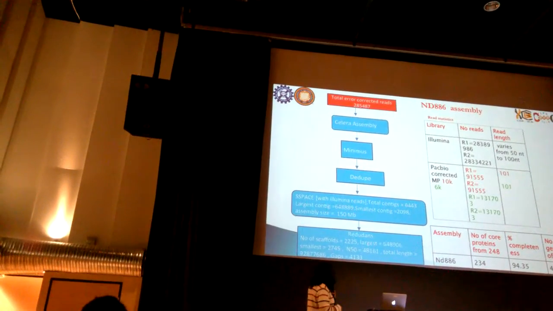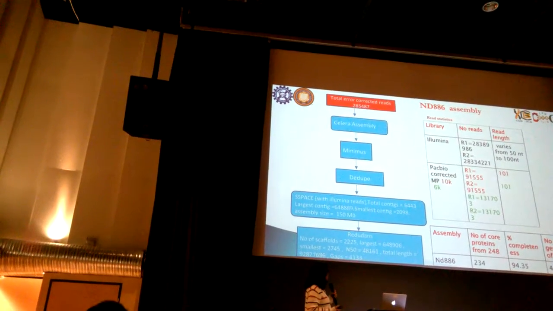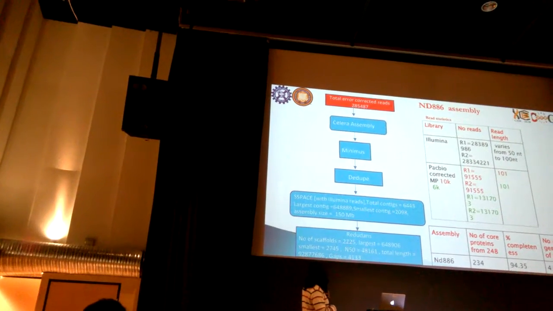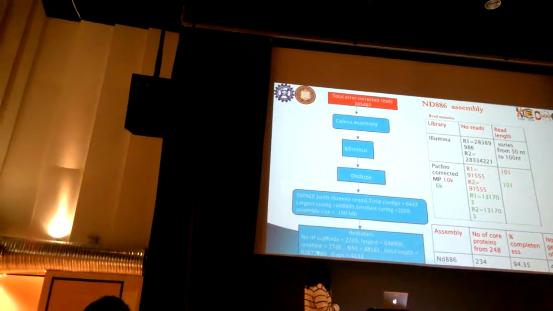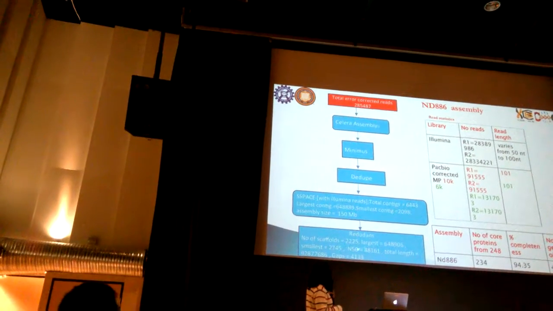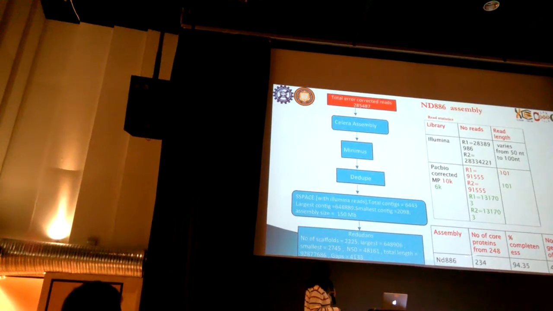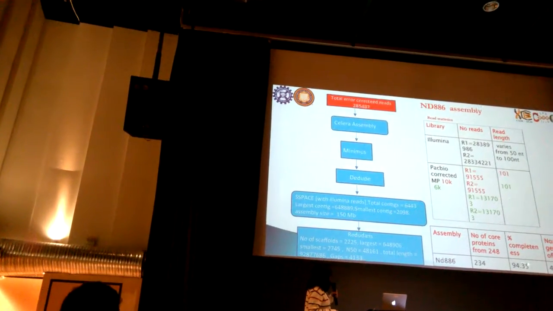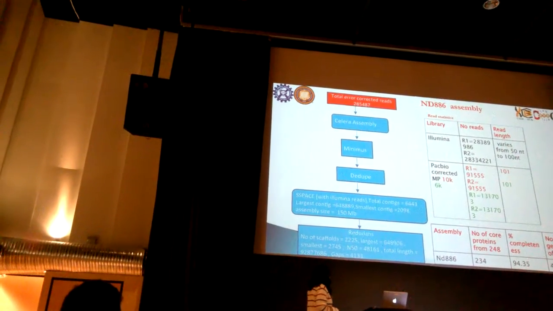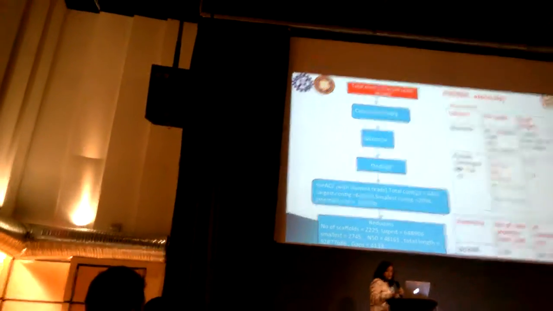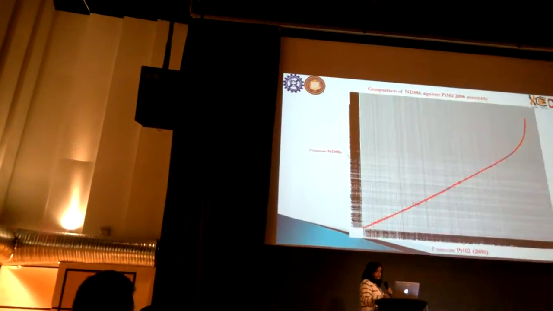we are evaluating our assembly, because the objective of using PacBio was to close all the gaps. Although this genome size is a huge 92 MB, we are still working on it. But coming to the completeness of the genome, it is comparable. About 94.35% of the conserved genes are present here.